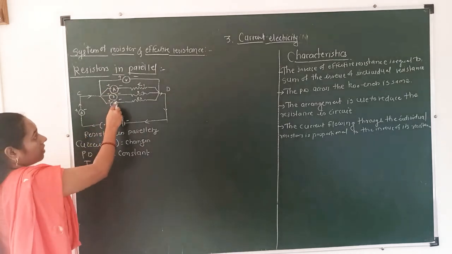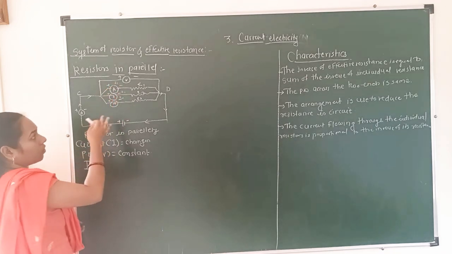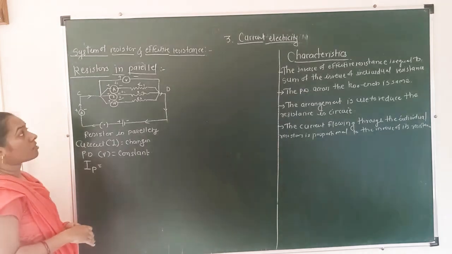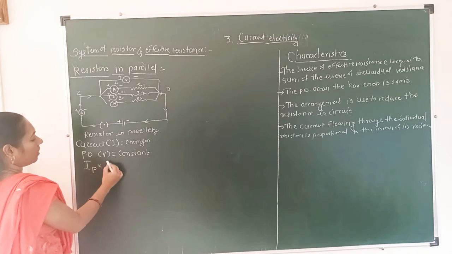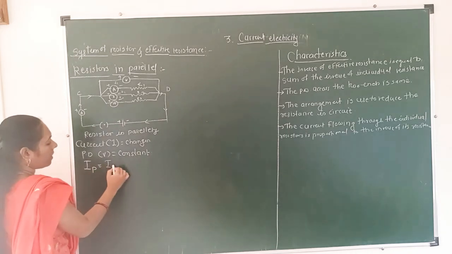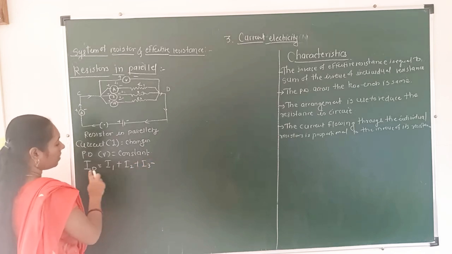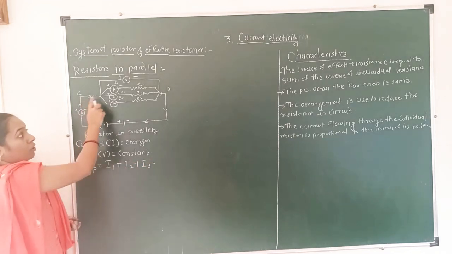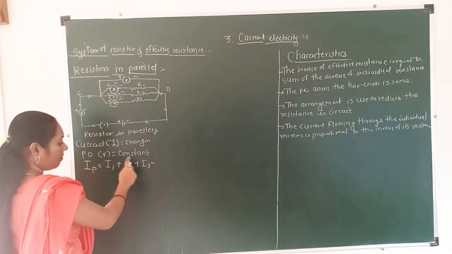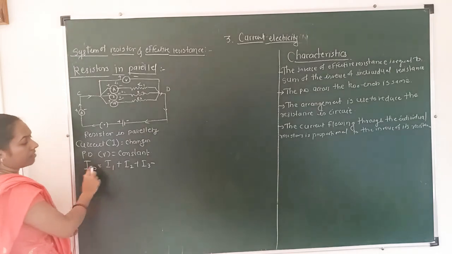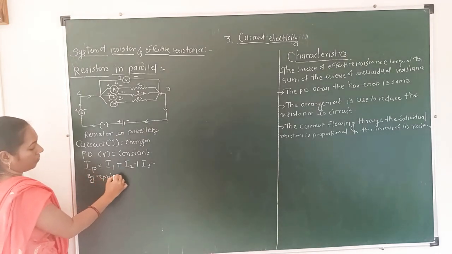Therefore this is the current, this is the I1, this is the I2 and this is the I3. Okay, why I1, I2, I3? Because current is a variable, whereas potential difference is a constant. Therefore I can write here IP is equal to I1 plus I2 plus I3, meaning this equation shows the current flowing through the two ends of the wire between C and D, which is equal to IP. This is the equation.